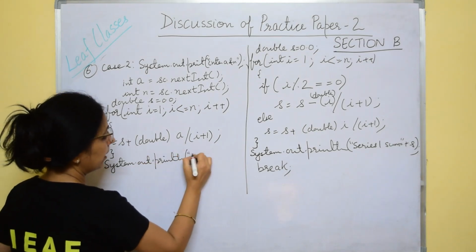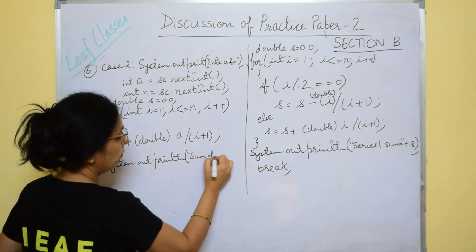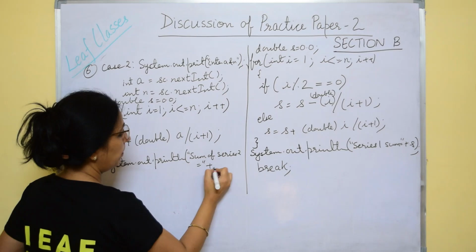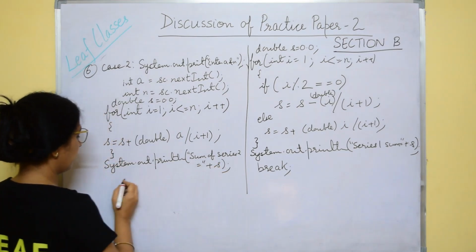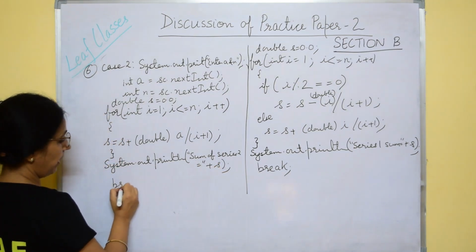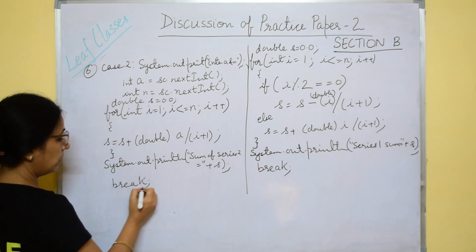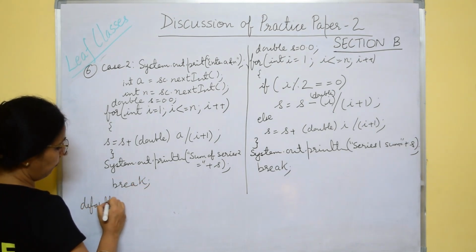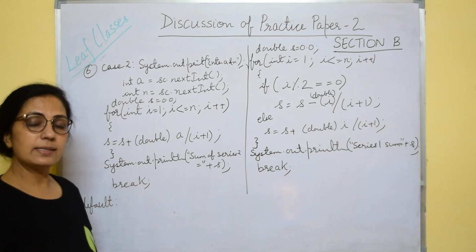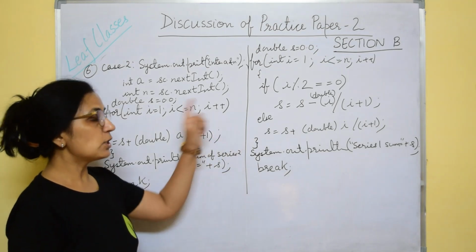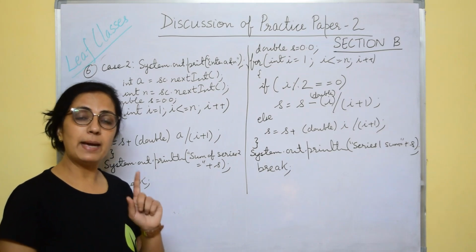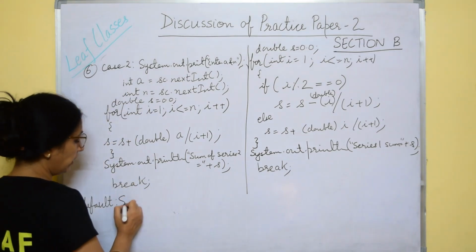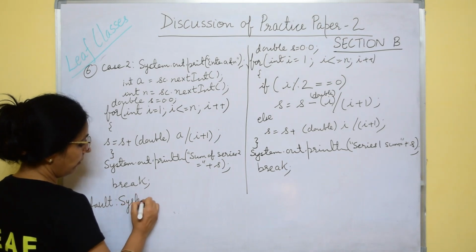System.out.println sum of series 2 is equals to plus s, and then break as the last statement of this case, and then don't forget to give default statement. In case any of the matching value is not found, matching case is not there, then the statement written in default is executed. So here we'll write